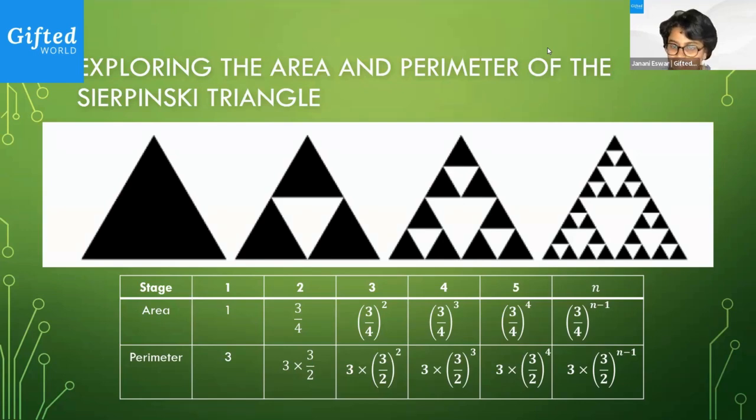We're going to invite Yash Gorasia. Yash, you have a question, right? Yes, ma'am. I had a question on the perimeter. In all these four diagrams, wouldn't the perimeter remain the same, because the total perimeter of the triangle is remaining the same? The small white triangle is inside the triangle.